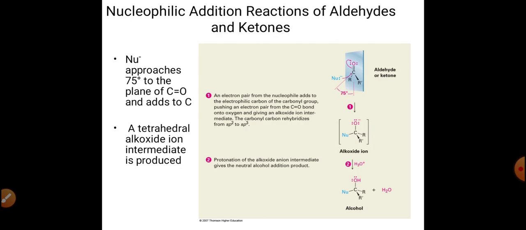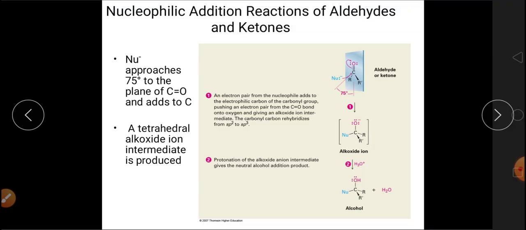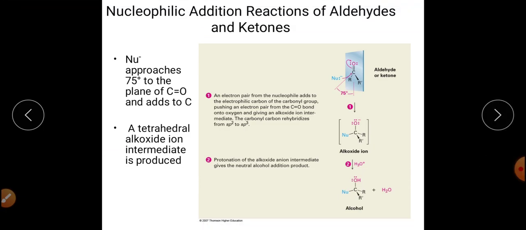electron deficient, and because of that, a nucleophile, which we know is basically a nucleus-loving species, tends to react on the positive carbon or the positive surface. So in the case of aldehydes and ketones, the carbonyl carbon is electron deficient in nature, due to which it can be easily attacked, easily approached by the nucleophile. This is the general mechanism for the nucleophilic addition reaction to carbonyl compounds.